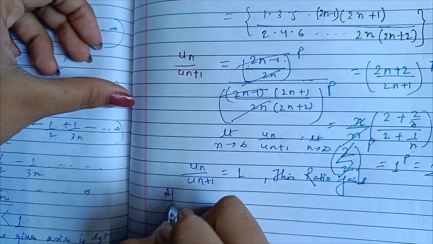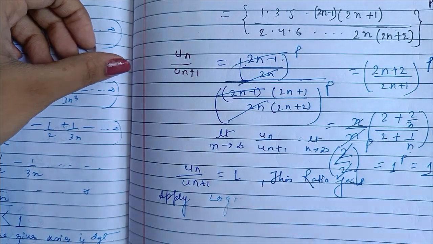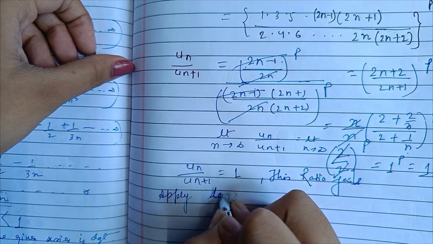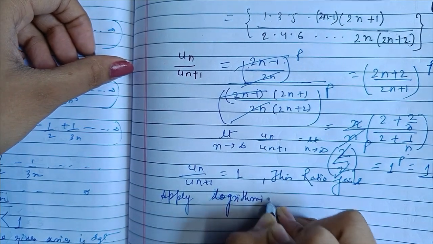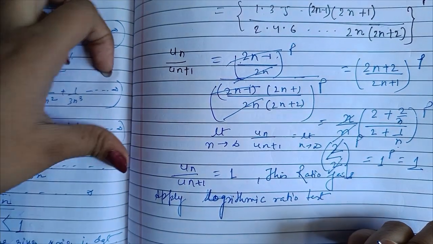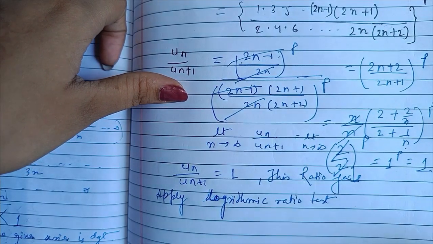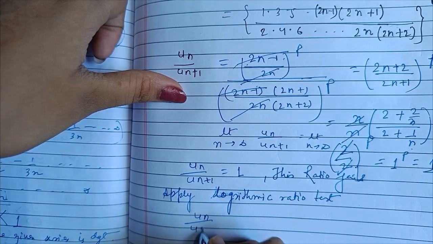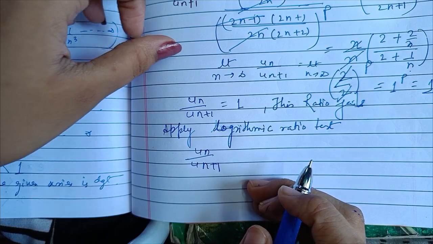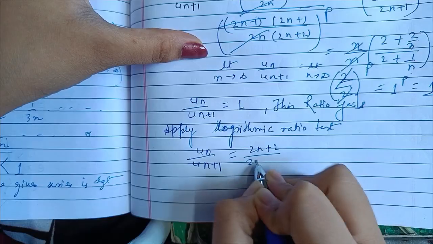So apply logarithmic ratio test. So how to apply it? I'm applying it from this part, un upon un plus 1, from this part, 2n plus 2 upon 2n plus 1 to the power